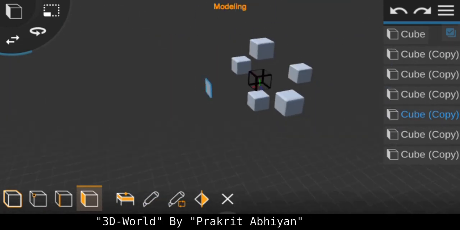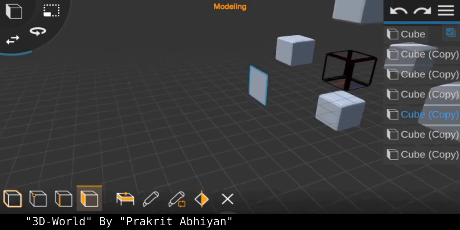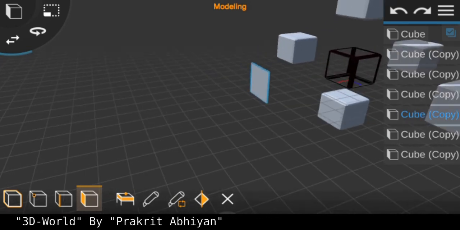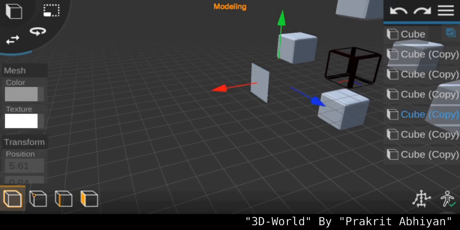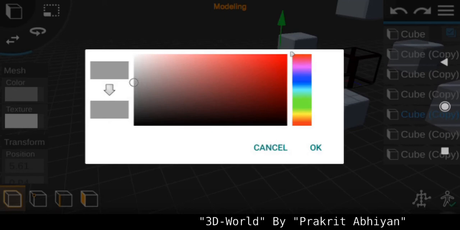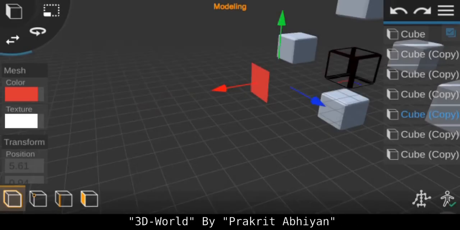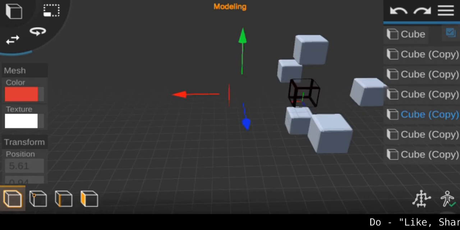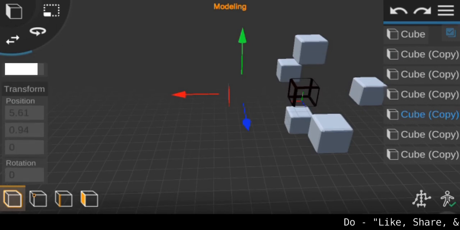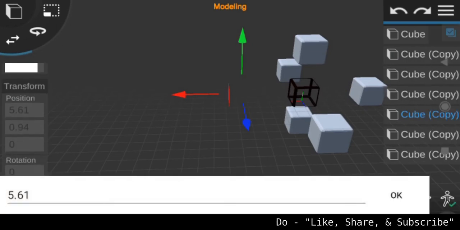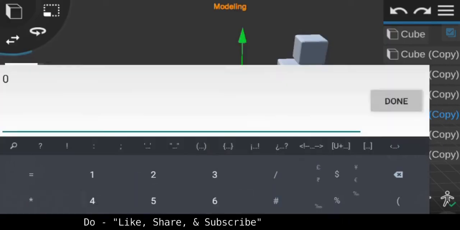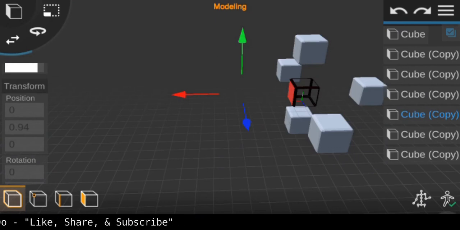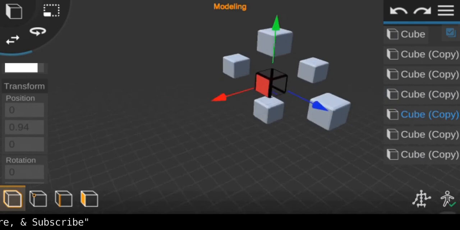And let's give it color. Select this cube and let's give it color as red, right? And after that, go to the transform positions and in X give it as 0, because we have already shifted it from the Y axis, so don't give the position 0 to Y, otherwise it goes to the origin. So now you can see it directly got selected over this